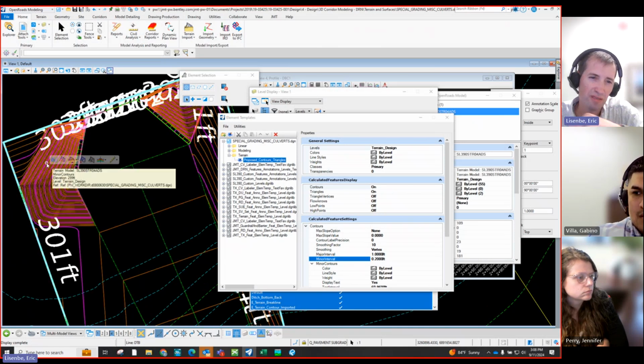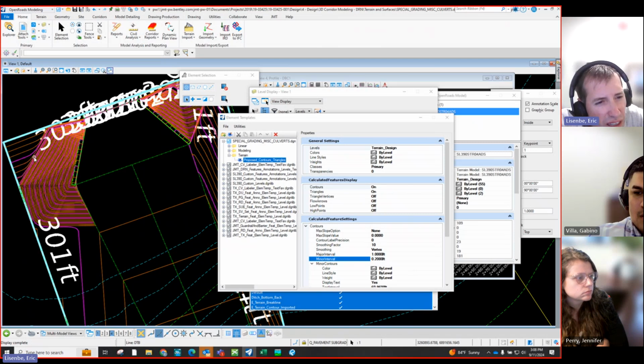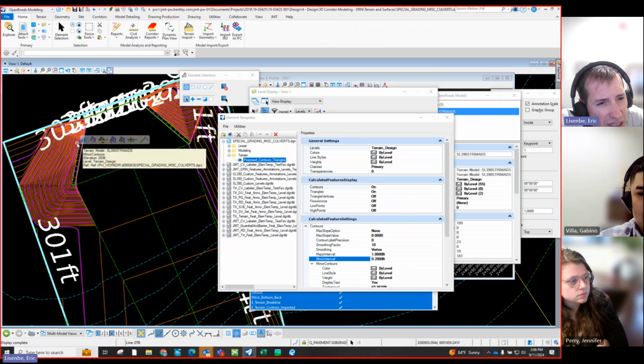I'd have to fine tune that because I'm not really wanting, well. Do you have a plan set handy of what it's supposed to look like? Well, I would like it to look like, I'm not sure why it's doing that. These contour lines should be hitting the wing wall top